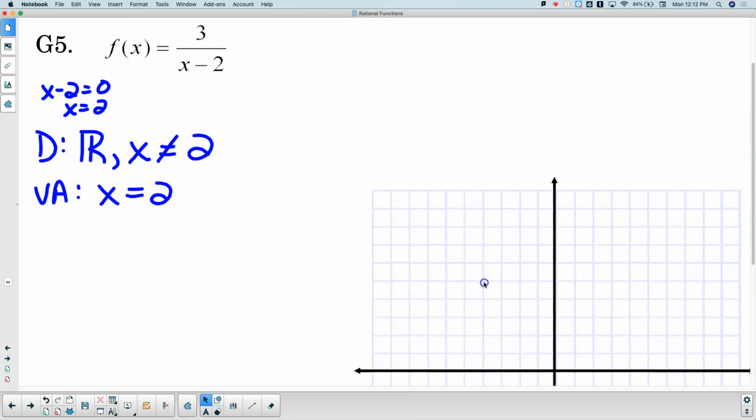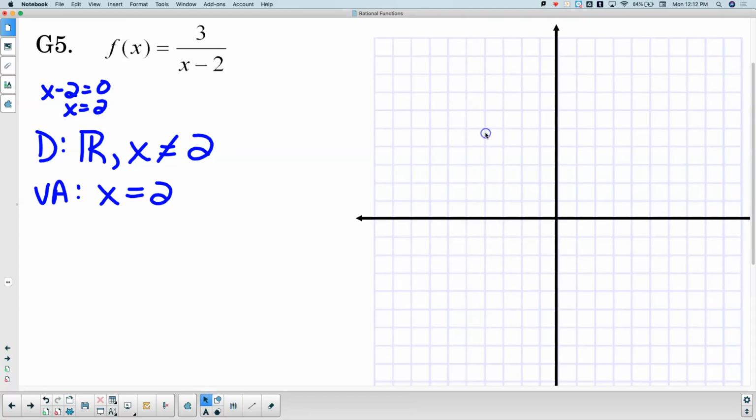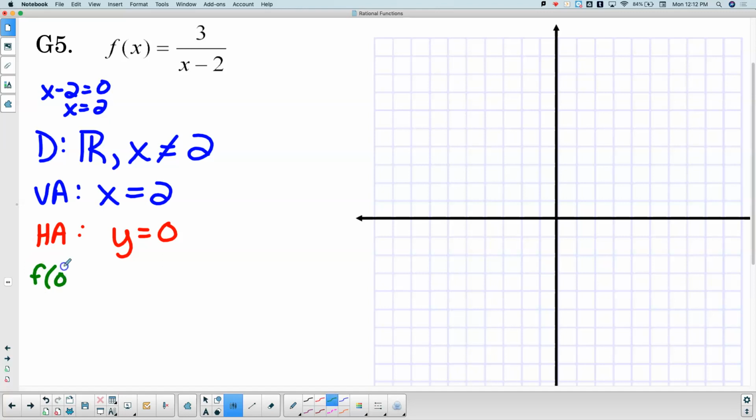Then, my horizontal asymptote. Degree of the top is 0, right? Degree of the bottom is 1, so that means y equals 0 is a horizontal asymptote. Love it. Okay? F of 0 for the y-intercept